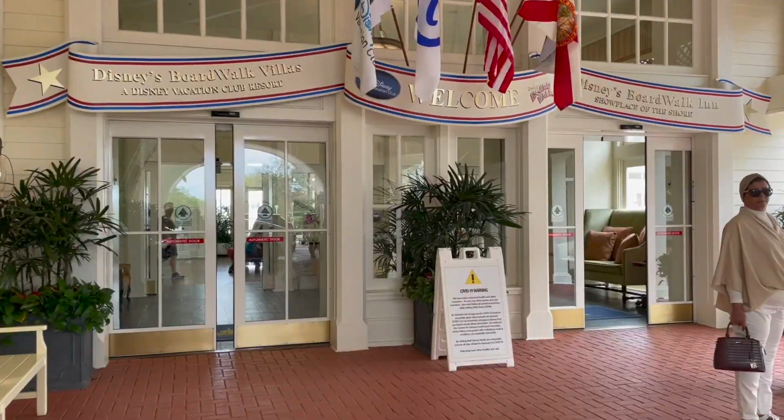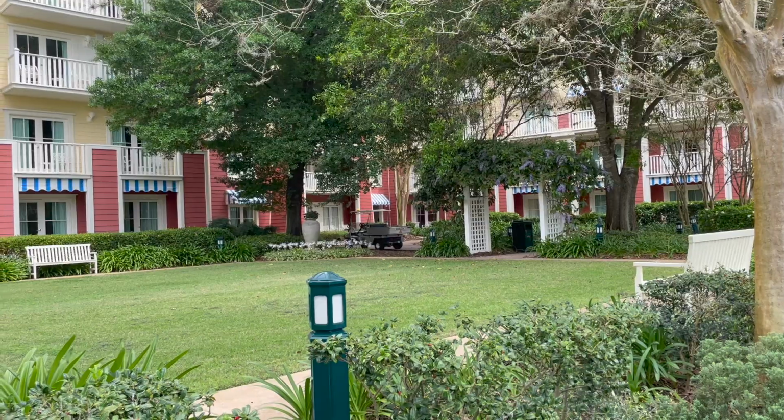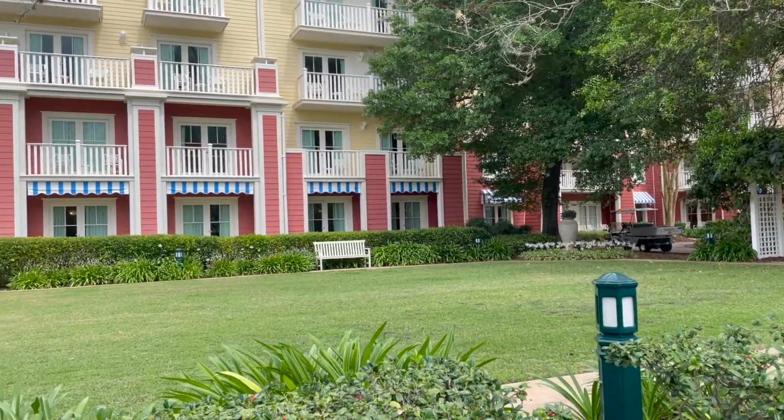Now the Boardwalk is split into two different areas. You have the Boardwalk Inn, which are your standard rooms, and you have the Boardwalk Villas, which will be your DVC rooms. Now today I will be taking you on a full tour of this stunning resort, but before we get into it,